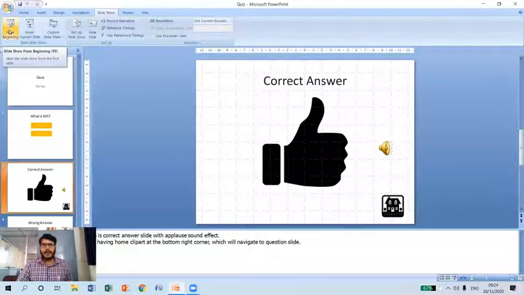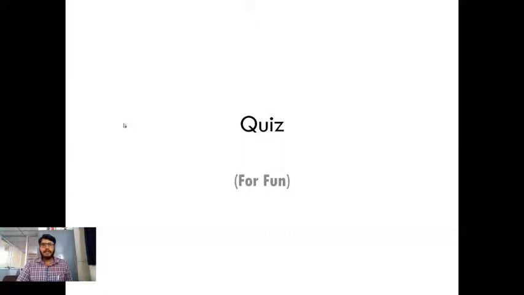If I click on this, you can see the slideshow has started from the beginning. As you can observe, it displays the first slide. That means it has started the slideshow from the beginning. So what is the shortcut key for the beginning slideshow? F5. F5 is the function key to start the slideshow from the beginning.